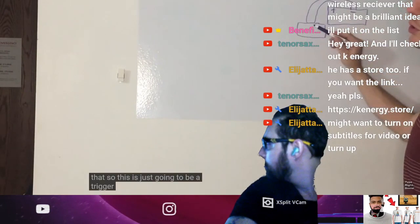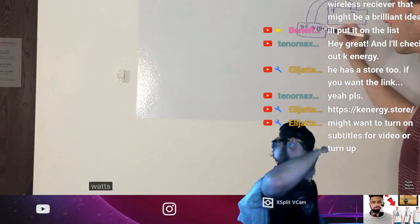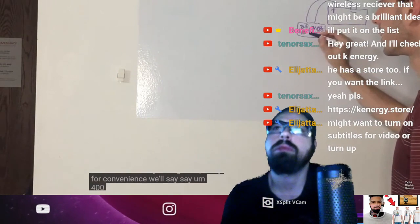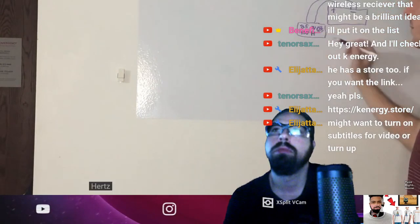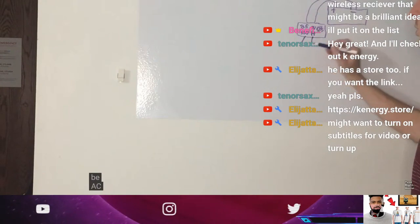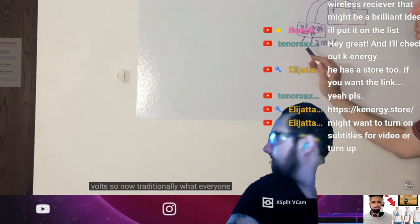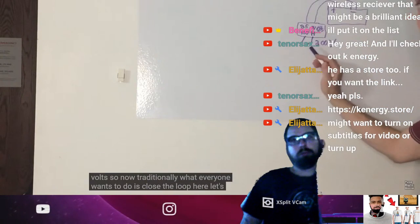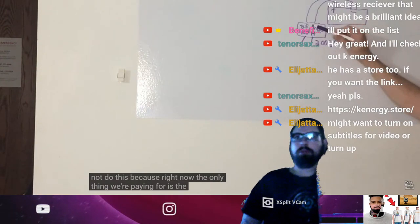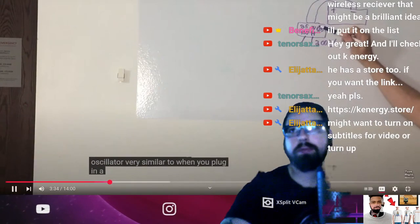So this is just going to be a trigger. So we're going to say a very small inverter, 25 watts. And we'll say it's high frequency for convenience. We'll say 400 hertz. And the output of here is going to be AC. We'll say 200 volts. So now traditionally what everyone wants to do is close the loop here. Let's not do this, because right now the only thing we're paying for is running the inverter as a free running oscillator. Very similar to when you plug in a transformer on the...